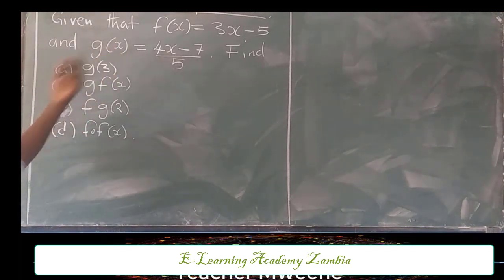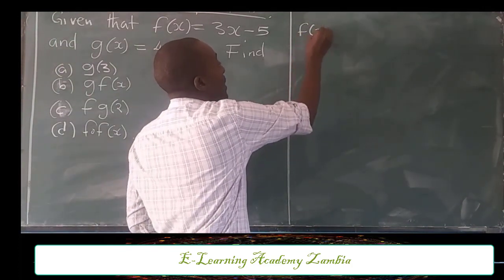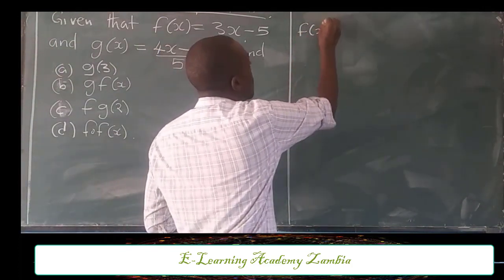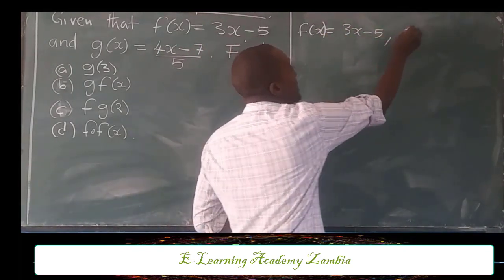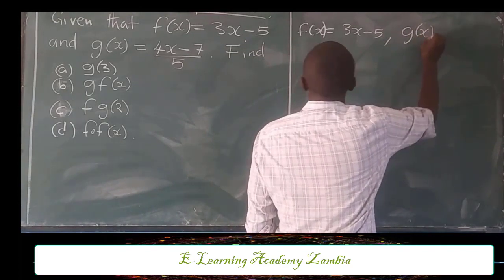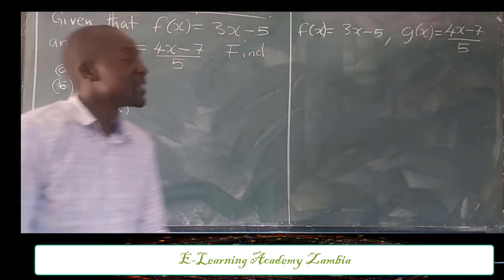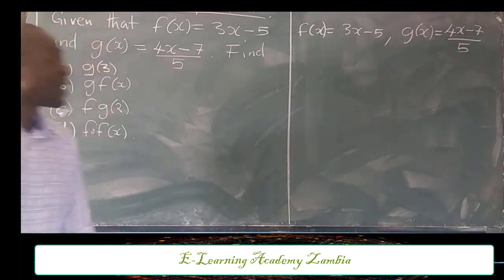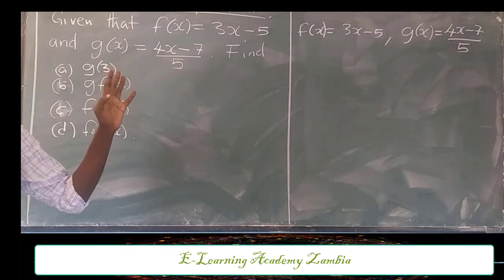So we have two functions here. The first one that we have is f of x. f of x is equal to 3x minus 5, and then g of x is equal to (4x minus 7) over 5. Okay, so now I have included the first question here,